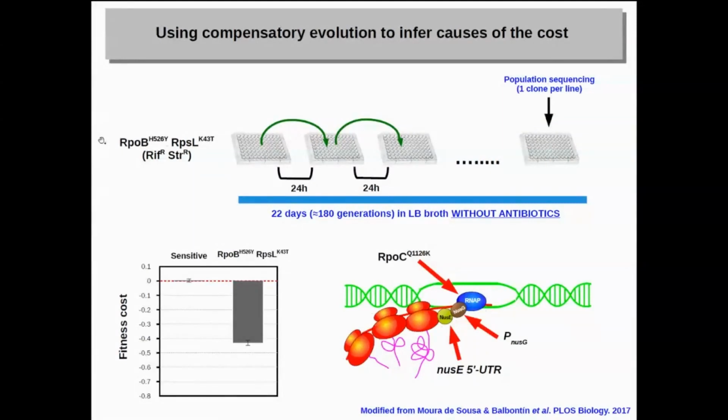And we found mutations that were increasing the expression of this gene. It was a mutation in the promoter that was causing an increase in the expression. And then we found also mutations in this protein that is called NusE, a ribosomal protein that interacts with NusG in this connection. We also found a mutation in a hairpin that negatively regulates the expression of this operon, so that mutation was also causing an increase in the expression of this gene. And then we found a third mutation in the RNA polymerase, in the region that interacts with NusG.